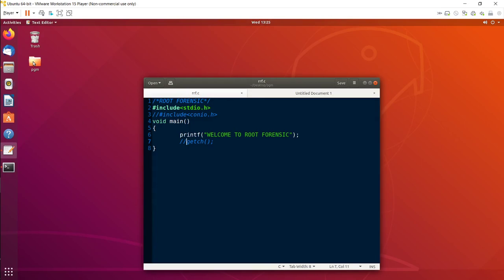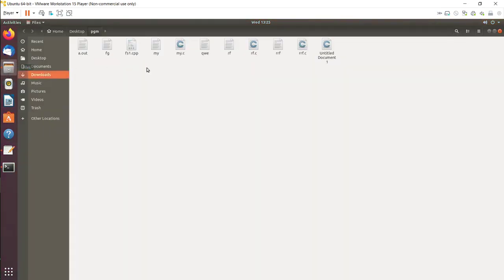So I'll show you. Since I have saved the file in this folder, you can see the program rrf.c. This is the program, okay, and the .exe file is here, rrf. You can see here, okay, and the a.out that we used initially is here. Now, what is the use of this a.out? Why are there two methods? What are the differences in the two methods? We'll describe this in depth in our upcoming videos.